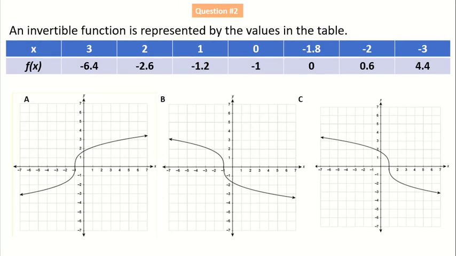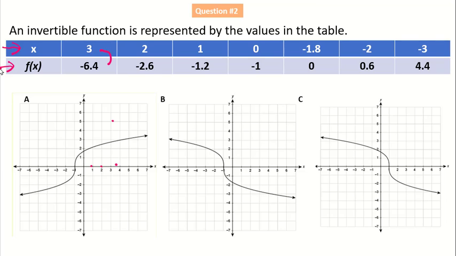An invertible function is represented by the values in the table. So what we have is some x values here, and then when we plug that into our function, this is what our answer is, or our y value, or our f of x. So we're already told that it's invertible, so we want to match up the graph of this function. Don't be tempted to check each x and y value and look for positive 3,